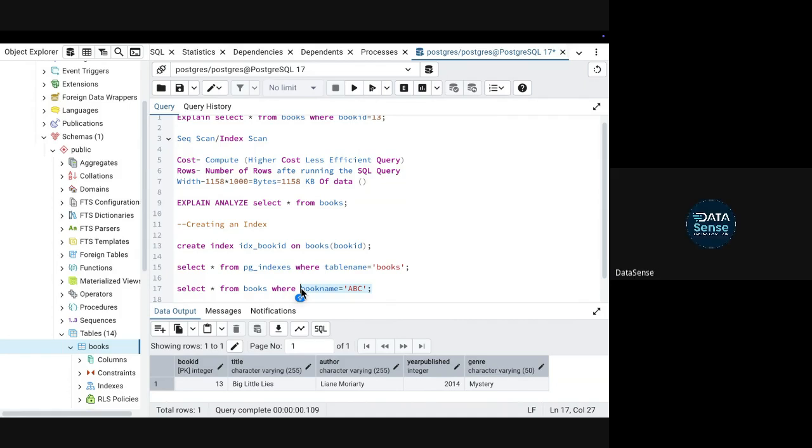Is it clear, everyone? Guys, tell me if there's any doubt. So when to use an index? When you have large tables with a large number of rows and you are filtering on the basis of multiple columns, putting an index there will optimize the query. So it's an optional thing. You use an index when you have large data sets. When you're practicing SQL, you don't need to know indexes.